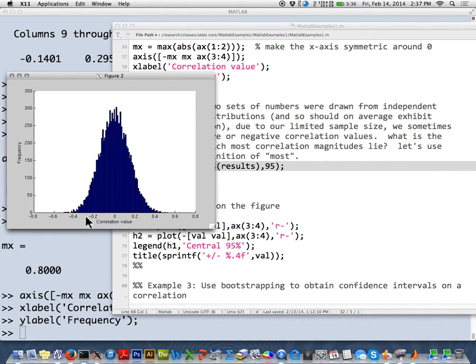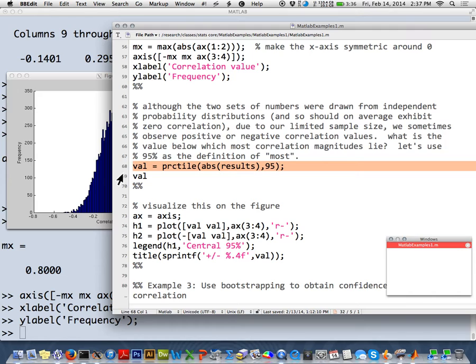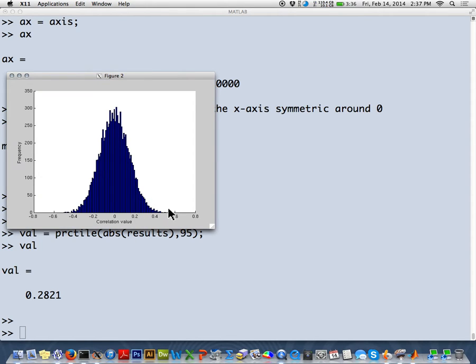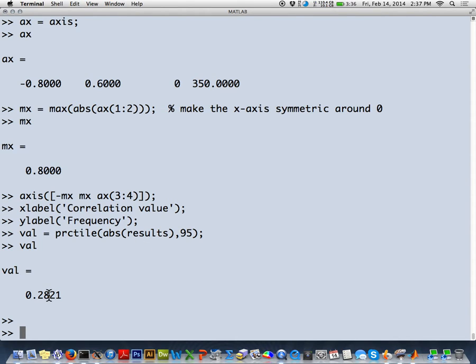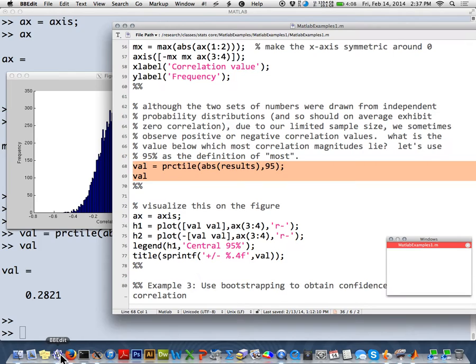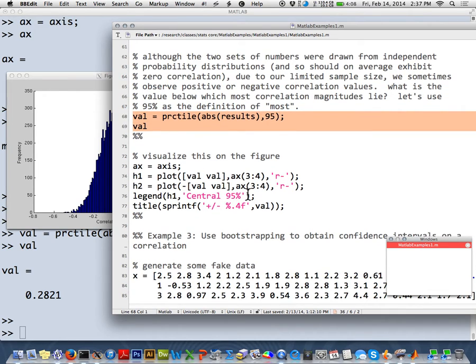So we'll just say negatives and positives are the same for the purposes of this bounds determination. Then we take the absolute value and just take the 95th percentile of that. That says 95% of my data points are below this magnitude. And I say magnitude because magnitude implies positive and negative are treated equally. So 0.28. That by eye looks reasonable, and then to prove it, not really prove it, but to visualize it,